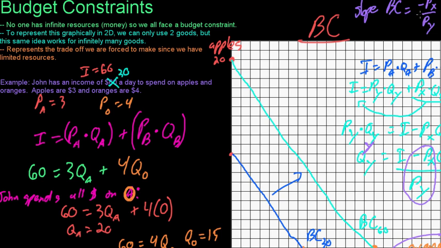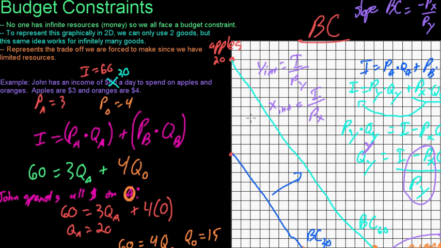And then the other thing is the intercepts. The y-intercept is just equal to income divided by the price of y, and then the x-intercept is equal to income divided by the price of x. And we saw that when we were working through this example here, but I just wanted to make that clear. And then the very last thing that I want to say, I think I've probably said the last thing a couple times here, but I keep on thinking of other things, is that